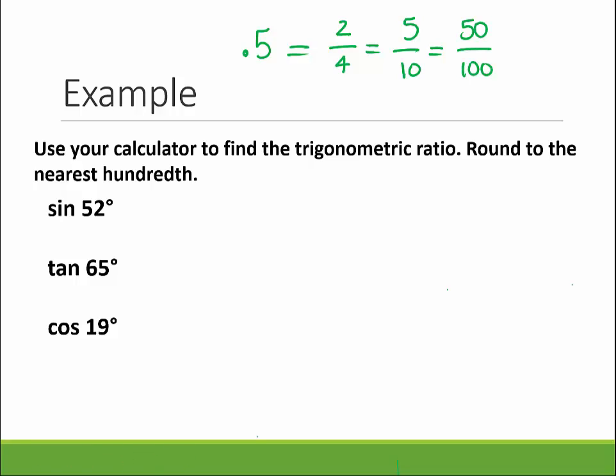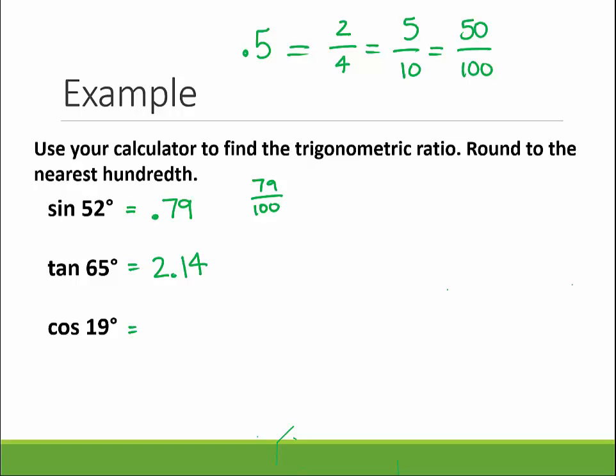So you just need to type these into your calculator. And I want you to make sure that you can get the same answer as me, because if not, there's something wrong with your calculator. So the sine of 52 degrees should be 0.788, so let's say 0.79. Again, that's the ratio. So you could have a side length of like 79 and 100, and that would give it to you. Tangent of 65 degrees is 2.14,